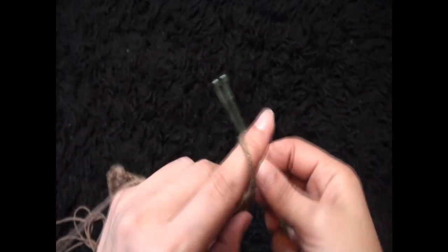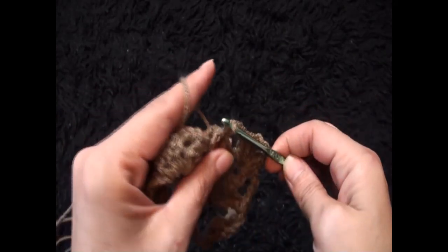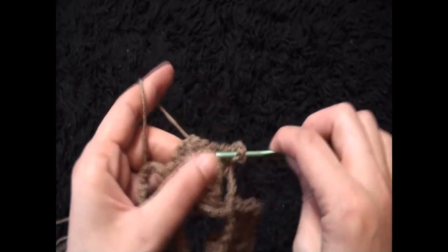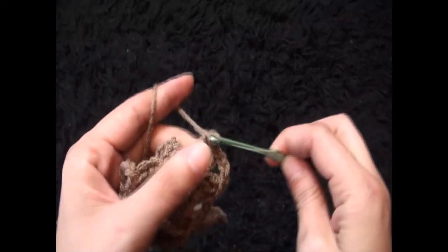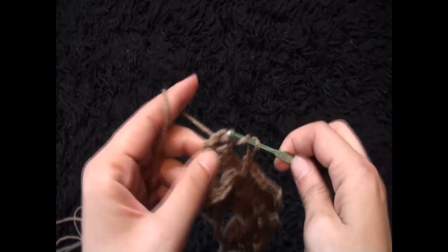I'll chain 3, then through the same 3 chain loop I'll make 3 double crochet. I'll chain 3, again 2 rows below I'll make 1 single crochet, chain 3. Through this next 3 chain loop I'll make 3 double crochet, I'll chain 3, then through a 3 chain loop I'll make 3 double crochet, I'll chain 3, again 2 rows below I'll make 1 single crochet, chain 3, then through this last 1 chain loop I'll make 3 double crochet,